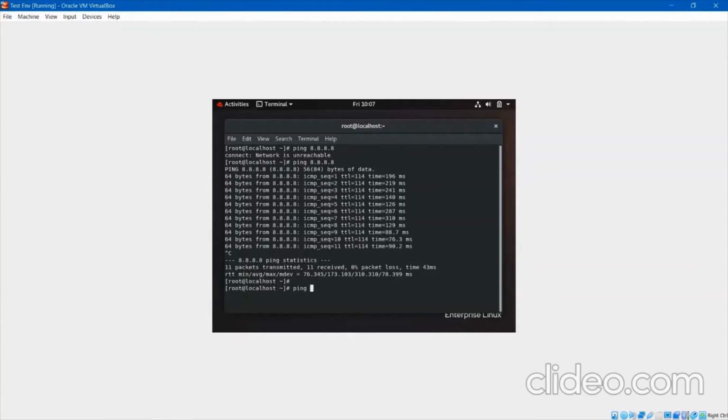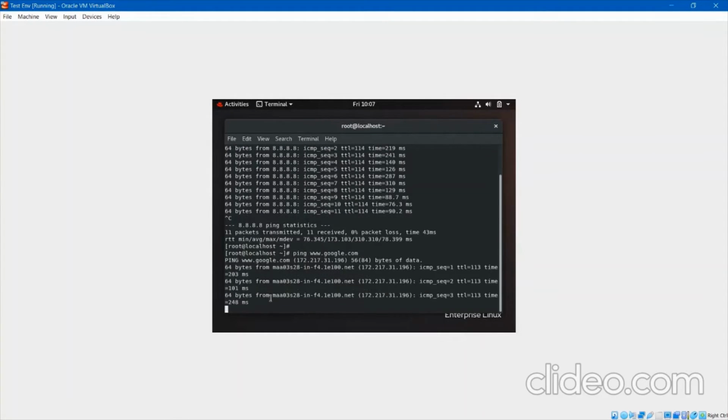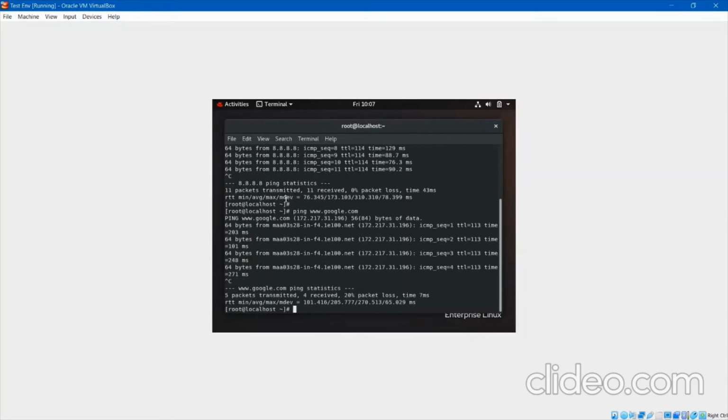You can also ping www.google.com. Here also you can see there is pinging. What it actually means: see here, at last they are giving the final ping statistics, 11 packets transmitted and 11 packets received. It means our operating system is sending packets of 64 bytes in size, and they have received the same 11 packets. The amount they have sent, they got exactly the same amount. That means no packet loss. It means proper internet connectivity.